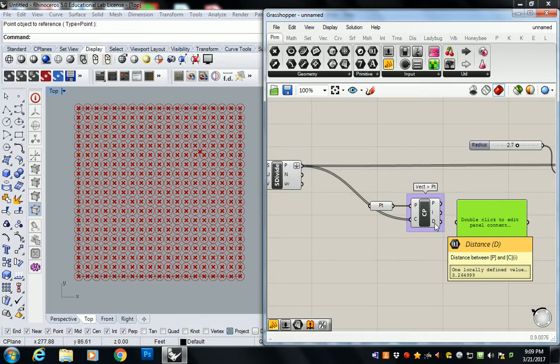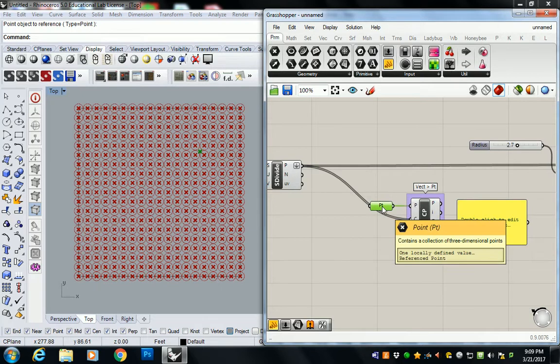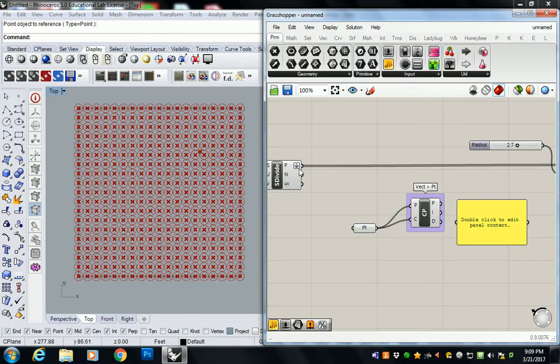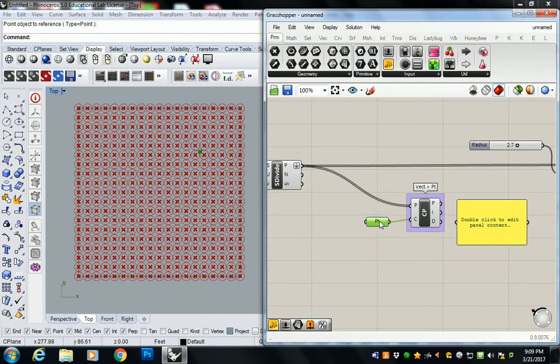Oh, darn it. Hang on. Point to search from. Did I just do this backwards? There we go. Sorry, I just did it backwards. That's why it's confusing. It's been a while, guys, and I'm tired. But, so